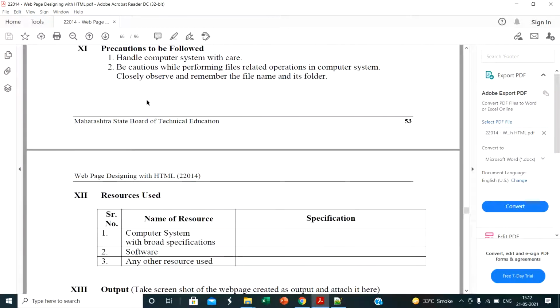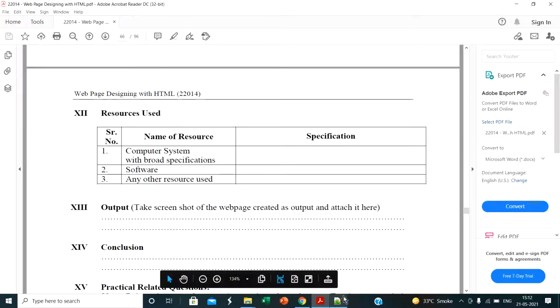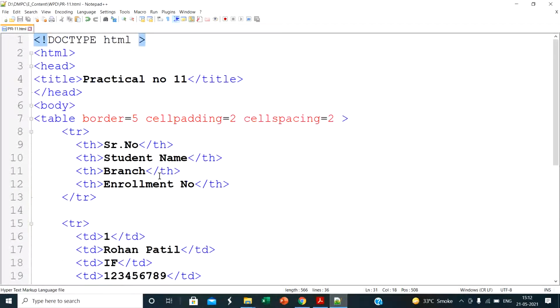So now we see a direct practical demonstration. Here I first write the comment HTML document, then the HTML tag, then the head tag, and then the title tag. Inside the title tag we write practical number 11. The head tag is closed, and then we open the body tag.